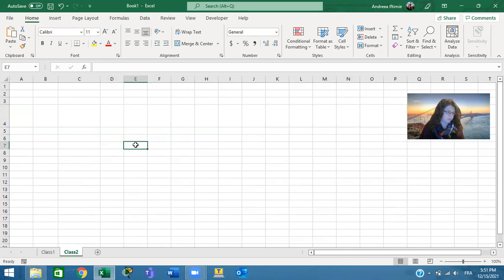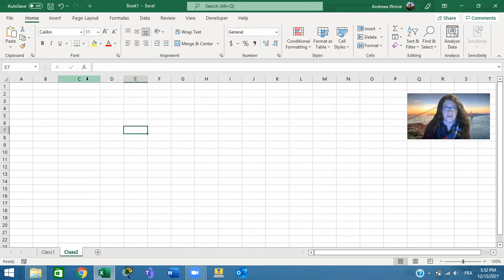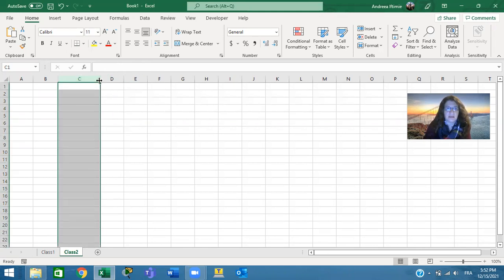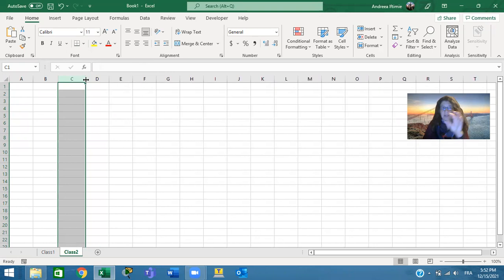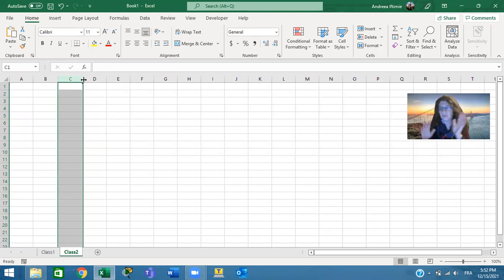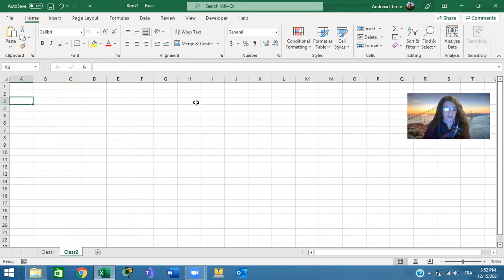Okay, so once we're comfortable with the environment, we're going to start entering data. So let me see what kind of data I can get and enter it in here. So let's bring back this cell to its normal size. So I don't know if you noticed what I did. I'm highlighting the cell, going in between the 2, and I'm going to double click. And as we double click for the height, it went back. For the width, it waits to see what's in it in order to choose. So I'm going to say here,